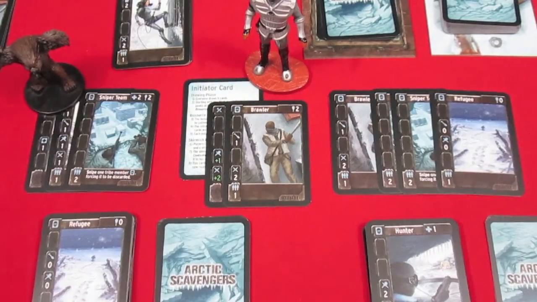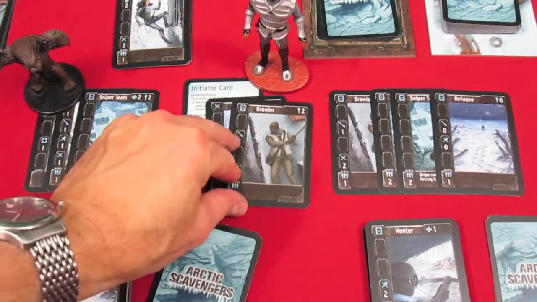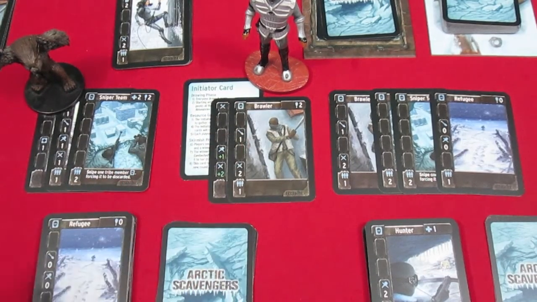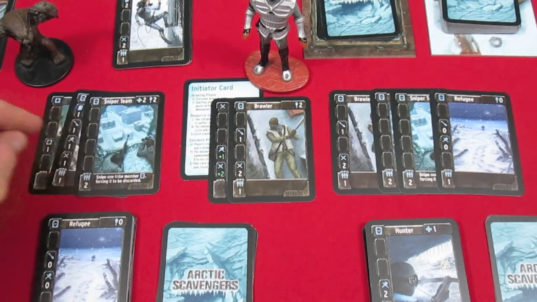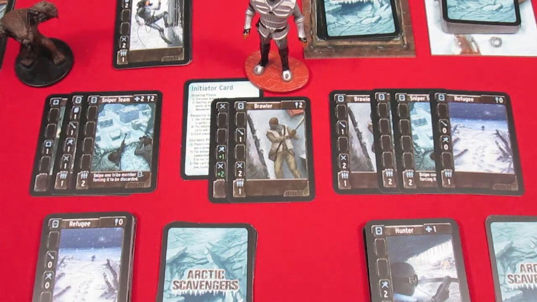All right, so it's brawl time. Craig has a brawler with a spear, but he has no sniper teams, no saboteurs, nothing, so he's at 4. Owlbear has a sniper team, a scavenger, and some pills. Well, the pills don't do anything. The scavenger only gives him 1 fight. He has a sniper team. Wow, and he doesn't really know what to do. He is going to...